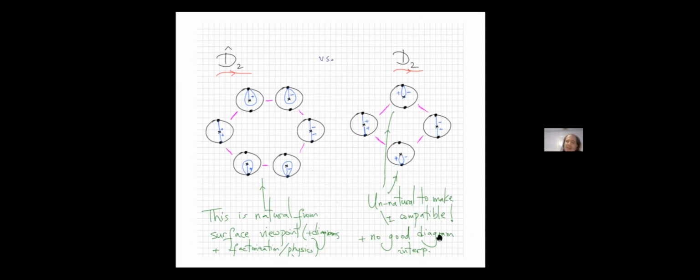Another headache that was associated with them that really sort of stopped us doing some of the things that I'm going to be telling you to do already a year and a half, 2 years ago when we ran into the DN polytopes, is that these don't have a natural diagrammatic interpretation. You see, you want to associate this with a tadpole diagram, but these plus and minus variables are doing double duty. In those diagrams, they're being interpreted as a tadpole propagator, whereas in other diagrams, they want to be interpreted as ordinary propagators. Okay? So they don't have a good diagrammatic interpretation. Whereas on this side, everything is natural from the perspective of the surface, as well as the diagrams and factorization and the connection to physics.